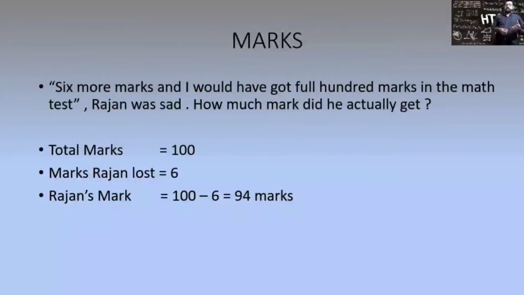So, in order to change that lost, that plus 6 to negative, we just have to subtract 6 from 100, which will be 94 marks. Now you can cross check your answer, right? You can just add 94 and 6. Together it will give you 100 marks. So our answer is correct. You can cross check this type, as I have told earlier. Clear?